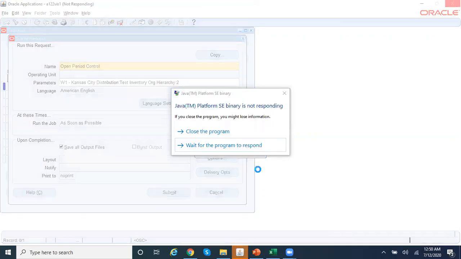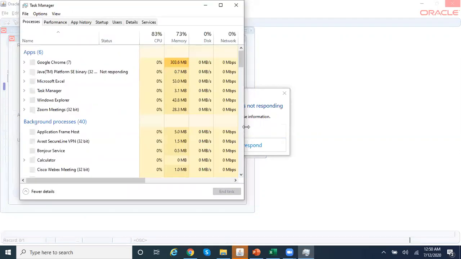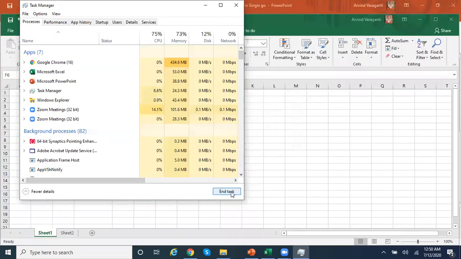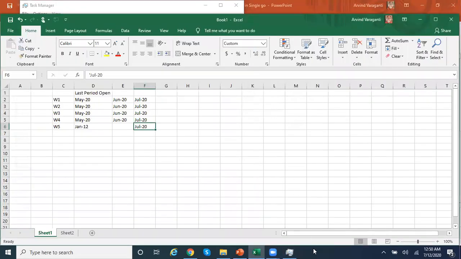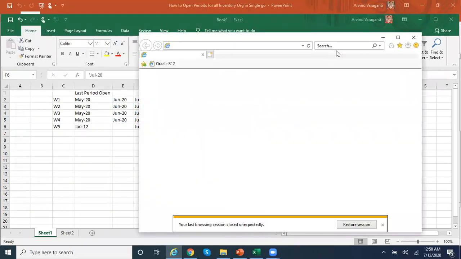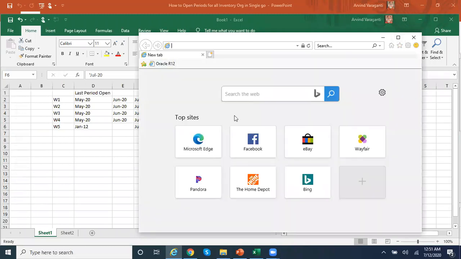Let me open this Java console and close this. Now let me reopen. I think by the time we reopen, the program would have already completed. Let's see.